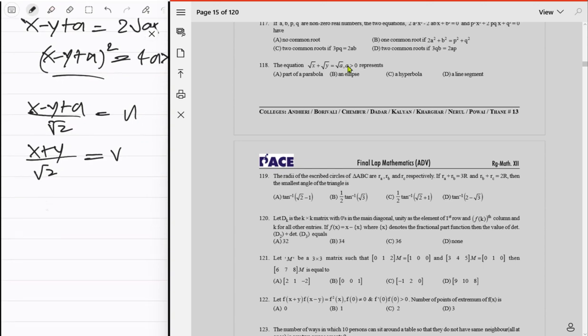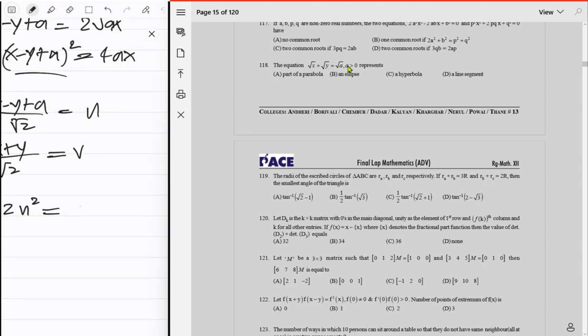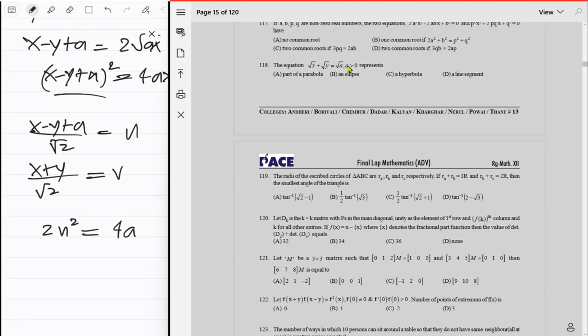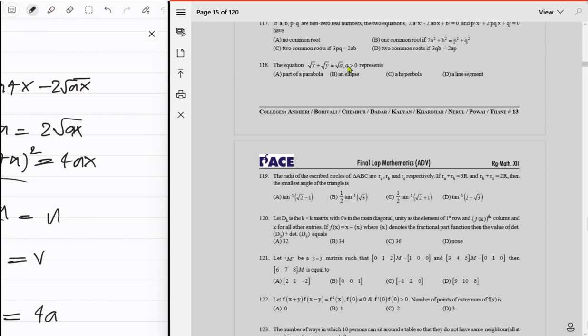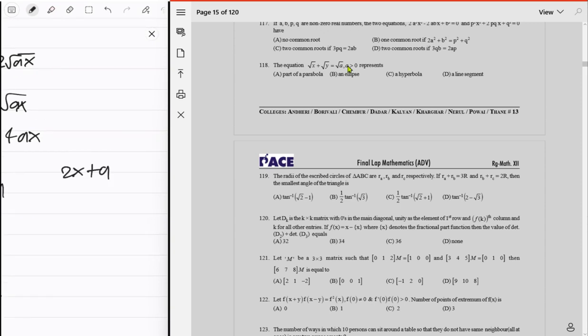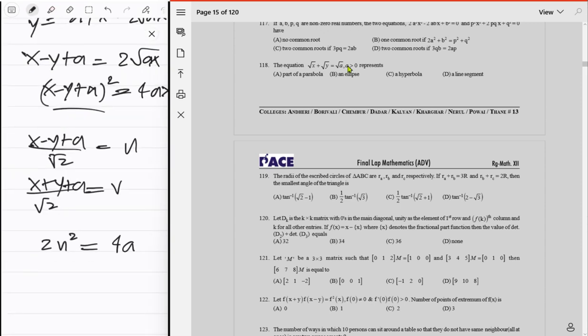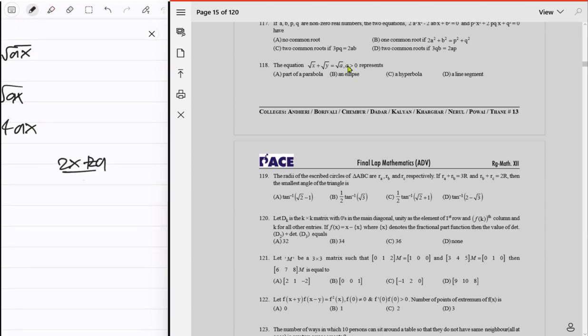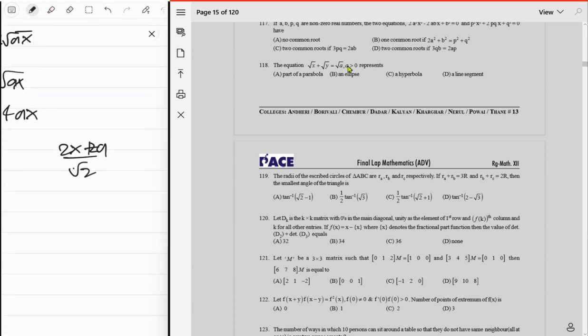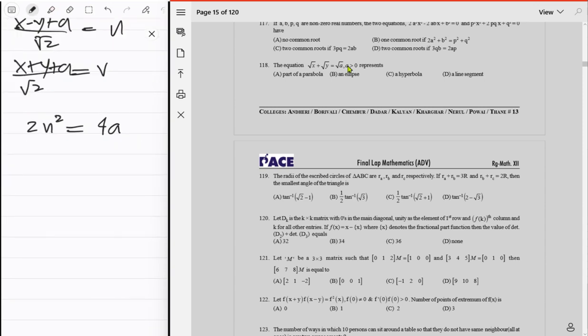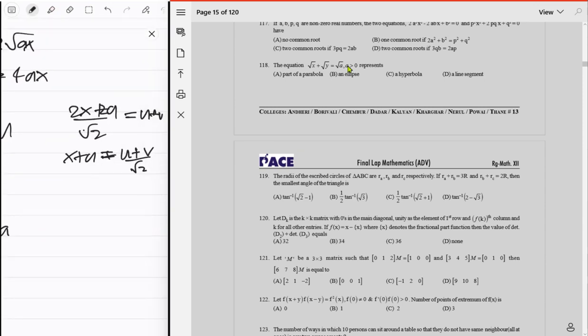It's just like 2u square is equal to 4a times x, but then what is actually x? Add these, what do you get? Just get like 2x plus a upon, एक काम करो यहाँ पे a डाल दो because ये बहुत complicated हो रहा है. Just 2 upon square root of 2 is equal to u plus v, which means कि x plus a is equal to (u plus v) upon square root of 2, I guess, because वैसे भी अपने यहाँ पे like 2 अगर आने वाला है, so हाँ,